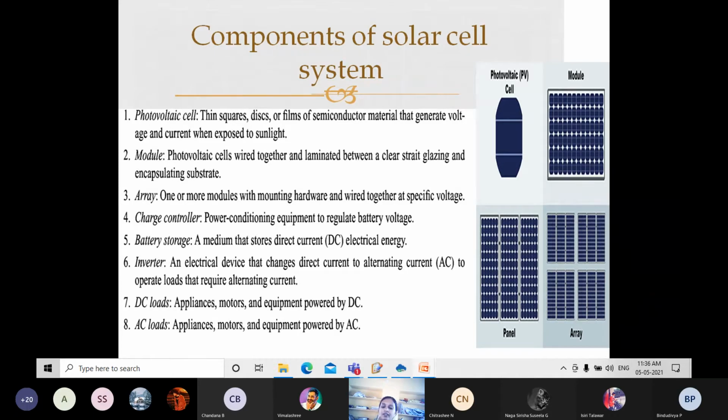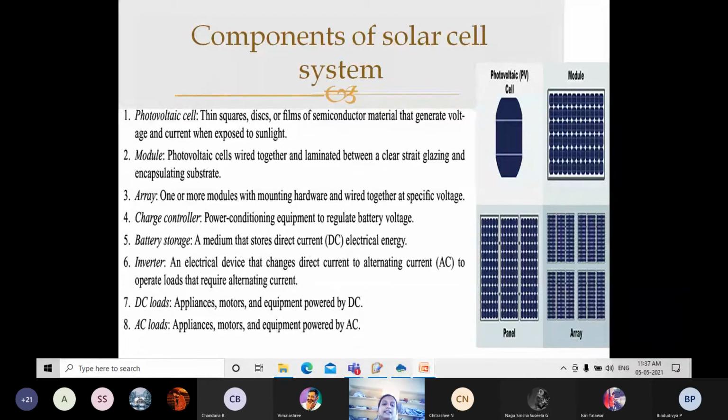Even if you take a mobile charger, the input is AC and it will be converted into DC and the voltage level is also stepped down. If you observe the laptop battery and the mobile battery, you will come to know the charging wire. If you see the charging wire, there will be a small DC voltage level. You just check it out and tell me.